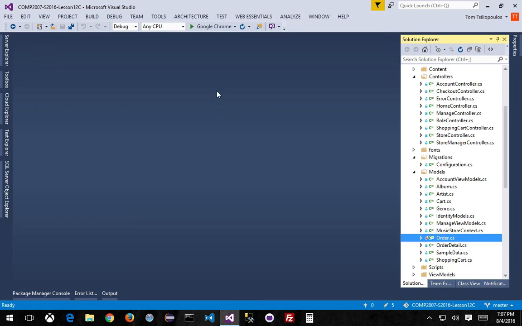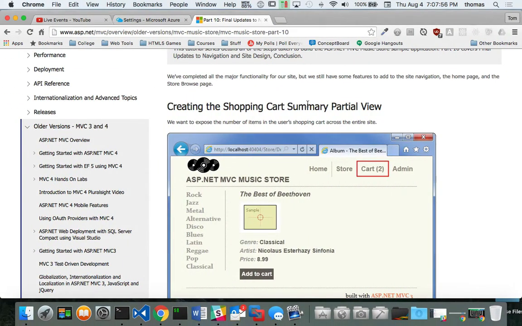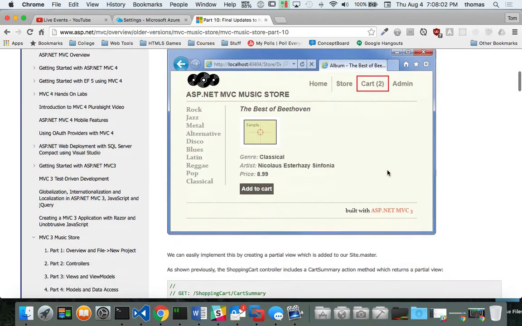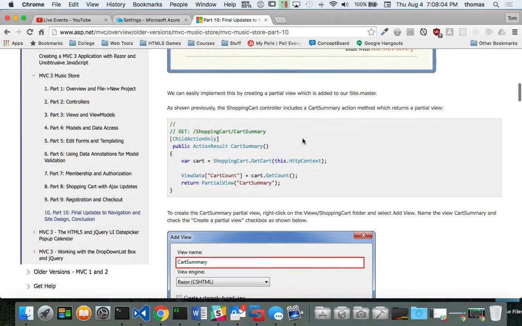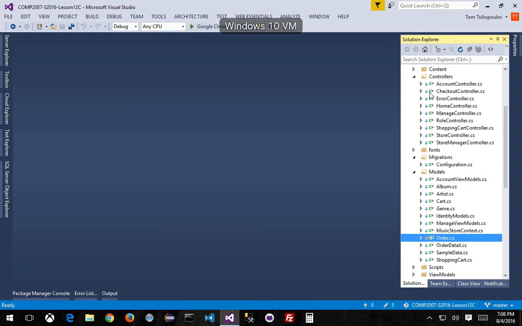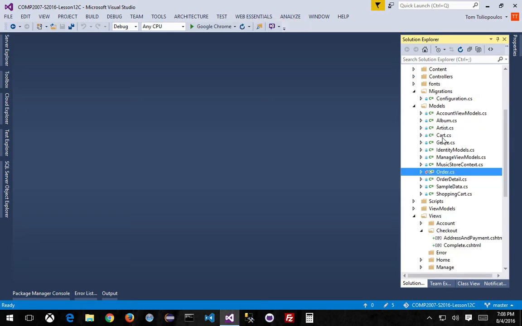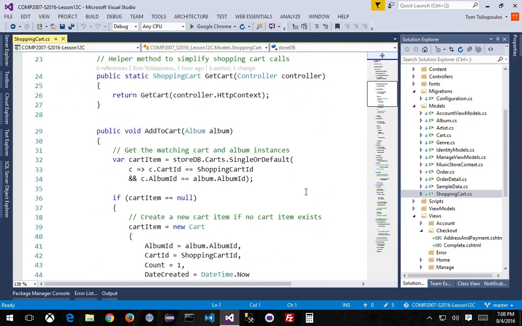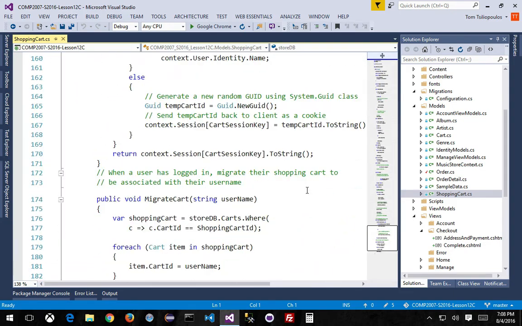Okay, so let's add the other pieces. I want to add this shopping cart summary partial view that's going to appear here in our nav bar. How do I do that? We already have part of it done. It's actually inside of our shopping cart. So if I go to shopping cart, there's our shopping cart, and if you look all the way at the bottom